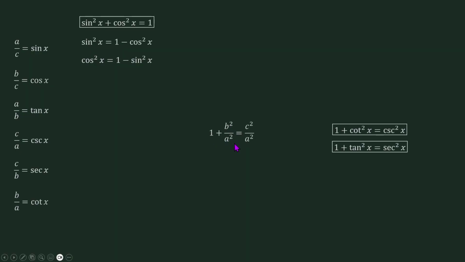And b square over a square, we can furthermore rewrite it as b over a to the power of 2. And c square over a square will become c over a to the power of 2. We already have the value for b over a. B over a is this, which is cotangent x. And for c over a, we have cosecant x. So we can furthermore rewrite it. So it will become 1 plus cotangent square x is equal to cosecant square x, which is equal to this